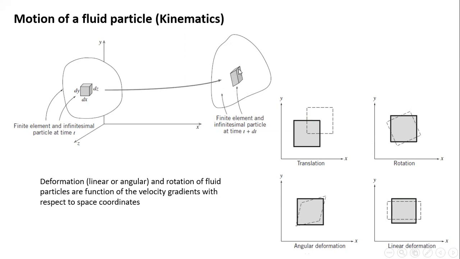In other words, it deformed. Some deformation occurred to the fluid particle as it moved through the flow domain. And deformation could take many shapes. For example, here,